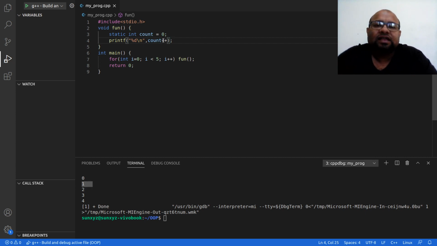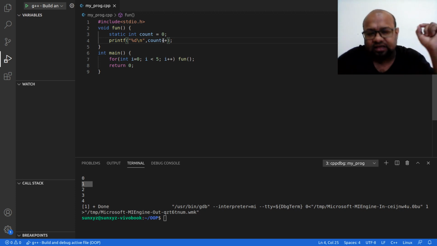And then I increment it again. Now when I increment it again, this 1 gets incremented to 2, and after that I return from this function. Alright, now once I return from this function, then I call this function again. Now inside this function, initialization is not going to take place. I try to print the value, so I get this value 2, because that is the value that we updated to at the end of our last function call. So we end up printing 2, and after printing 2 we increment this value to 3, and we keep on doing this as many times as I call this function.